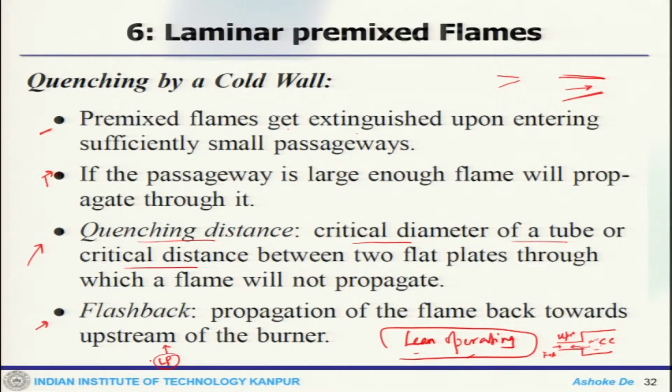Now, why would one operate the system at the lean premix condition? Because this will reduce the NOx emission. So the lean premix condition has an advantage on the emission; it will have a low emission. That is why this is a requirement from the health or environmental point of view. That is why we try to operate at lean, but if you operate at lean, there is a likelihood possibility of flashback.